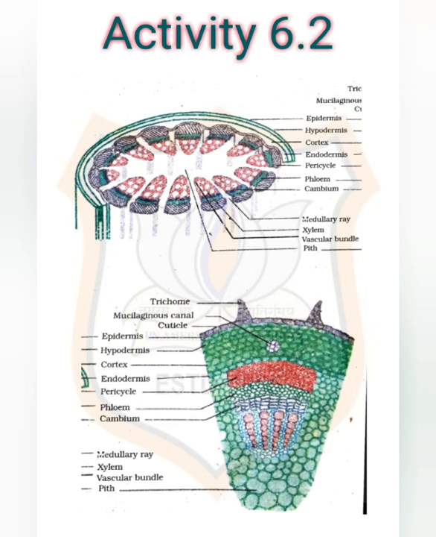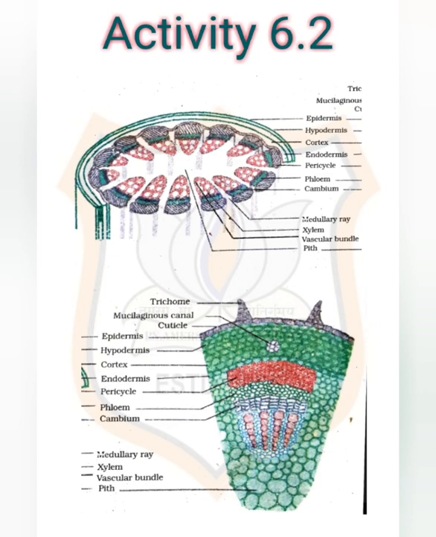So let us discuss the observation here. The diagram we have shown. Are all cells similar in structure? Actually not. That we have discussed in the last chapter. No, all the cells are not similar in structure. They are varied in their shape, size and structures. Then, how many types of cells can be seen? There are about 8 to 10 different types of cells in TS of stem.